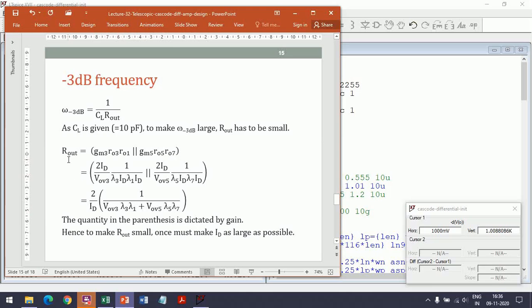So if I want to increase omega 3 dB by reducing Rout, all we can do is make ID as high as possible. So the way to design this now is to make ID as high as possible. How do we make ID as high as possible? So you were given a power,